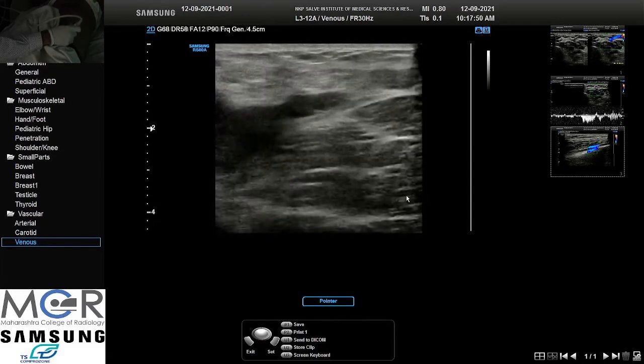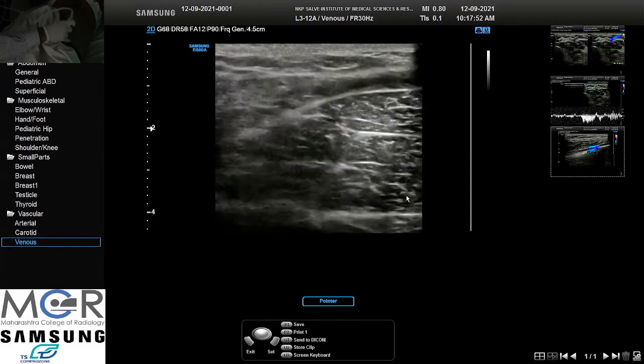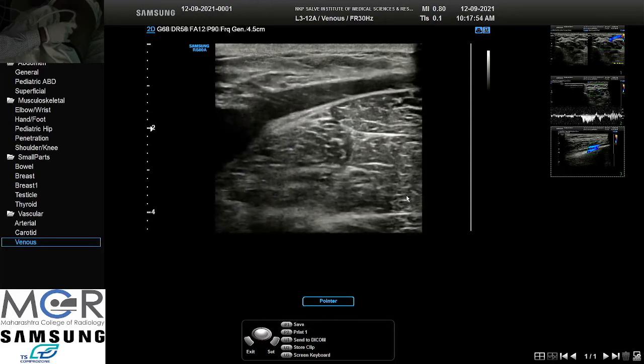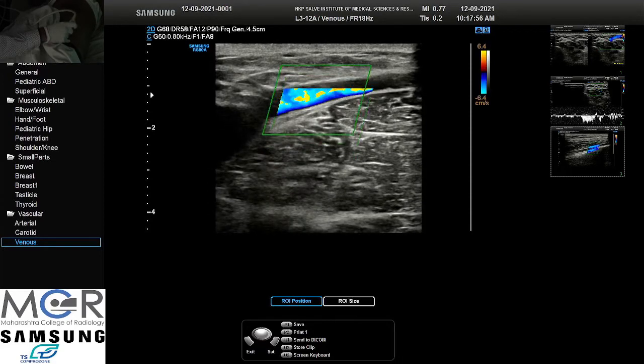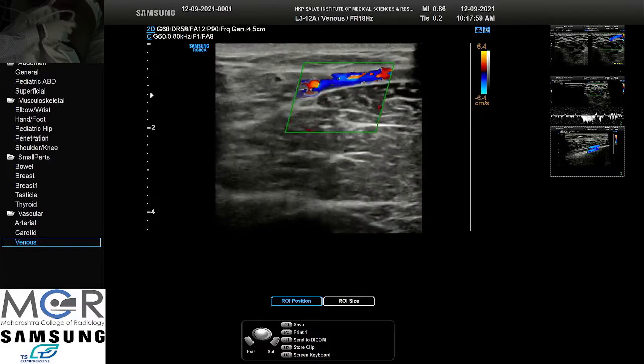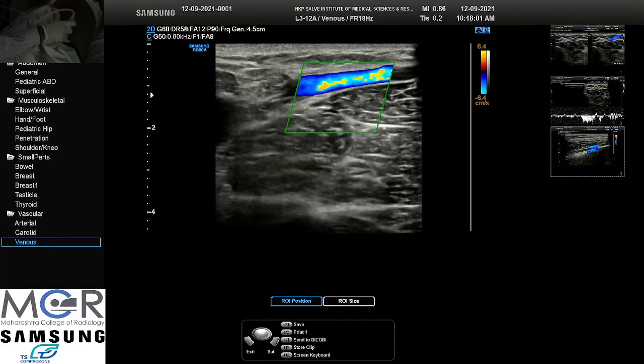So with minimal probe pressure, we just try to see the